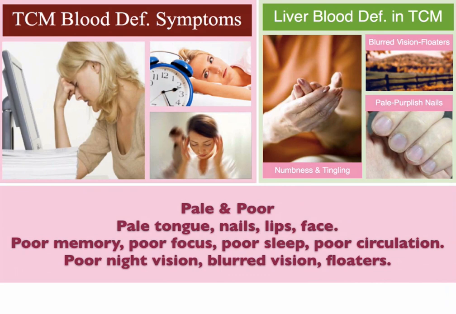Okay, one really common pattern in TCM is blood deficiency, specifically liver blood deficiency. So liver blood deficiency comes in, remember, liver is in charge of storing blood for menstruation, right? So that's a big one. So liver blood deficiency, the big symptoms of blood deficiency is always pale and poor. Okay, so pale tongue, pale nails, pale lips, pale face.